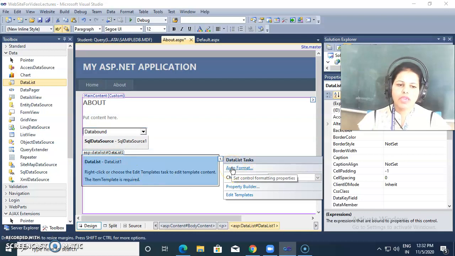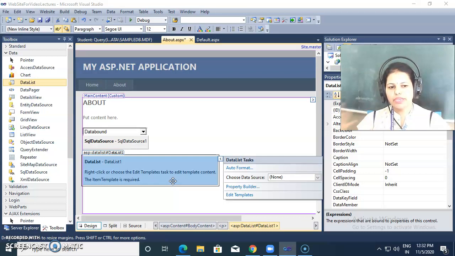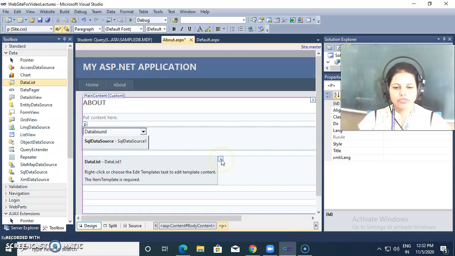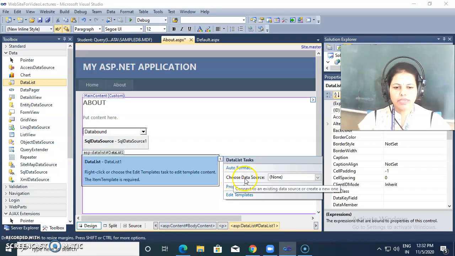Now what we are going to do here is attach all the data to this data list. That means all data, all student information, all rows and all columns, I want to show on the page. So I am taking this data list, and when I click on this symbol, it gives me these options.